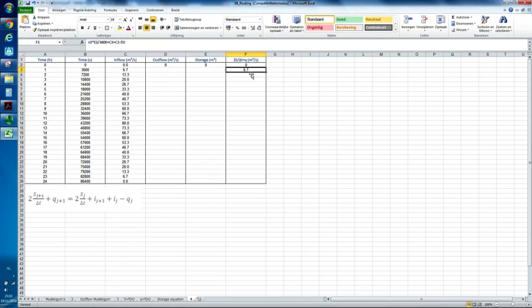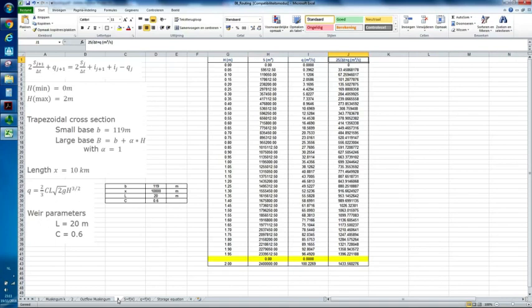So now we know that the left-hand side of our equation is 6.7, but we still don't know the corresponding outflow and storage value. But we have our storage equation, and the one that we deduced out of this storage equation, so this one. So we know that this should be equal to 6.7. So we will try to find a value of h which makes this value here correspond with a 6.7, and therefore we go to goal seek,